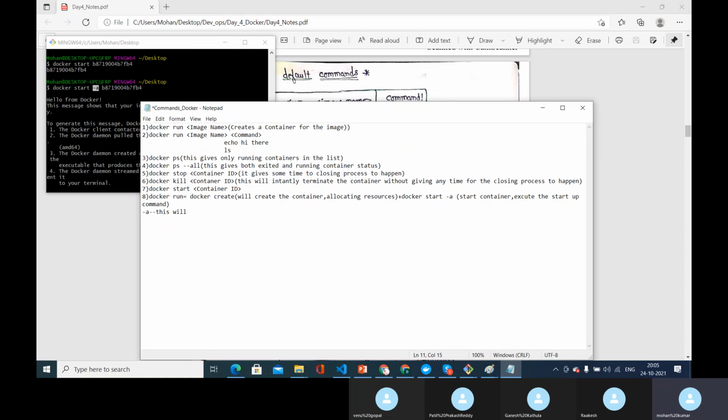This will make Docker watch for output from the container and print it to your terminal.